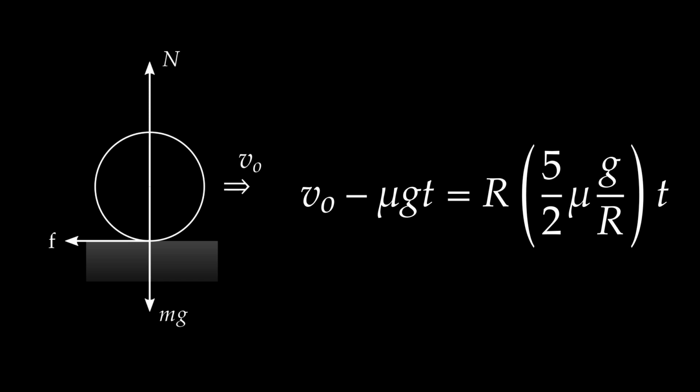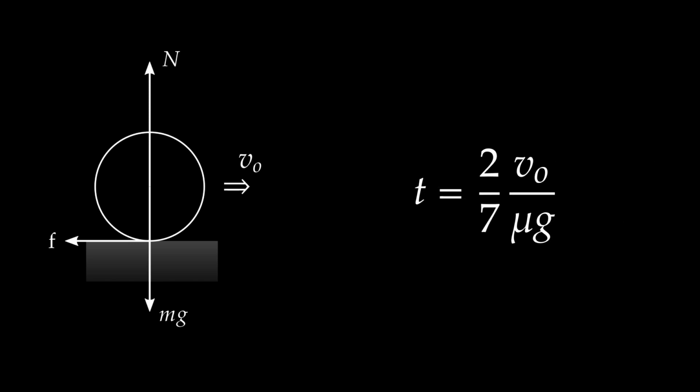Now t is what I wanted to know. So algebraically, I just have to solve for it. I'll get t all on one side by adding mu g over R t to the side. Luckily, notice this is a mu g over R term, and this is also a mu g over R term, so this is nice. I'm going to add 2 halves mu g over R t to 5 halves. So I'll leave v naught divided by R on this side, and on this side I'll have 7 halves, because to 5 halves I've added 2 halves, 7 halves mu g over R